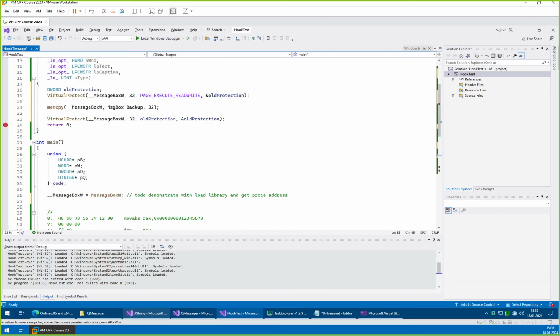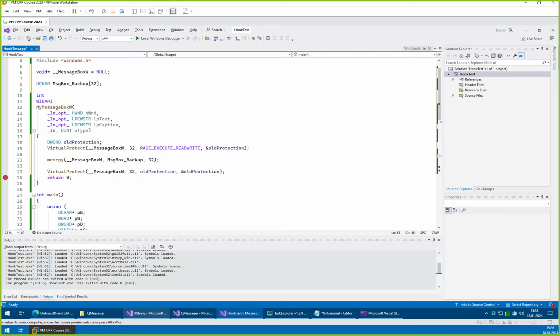Right. So we are in a function here. We restore the original, and what we could now do is call the original message box, passing the arguments we got. Could we? We should be able to. Should be fine. Let's try it. I don't think we will break anything. That should be fine, because we have the same signature, it should do the right cleanup. That should work